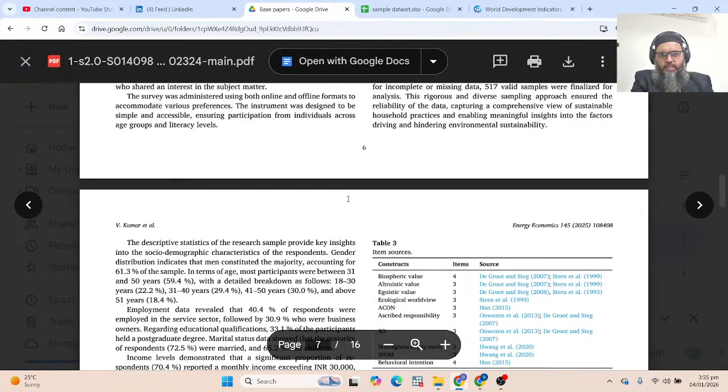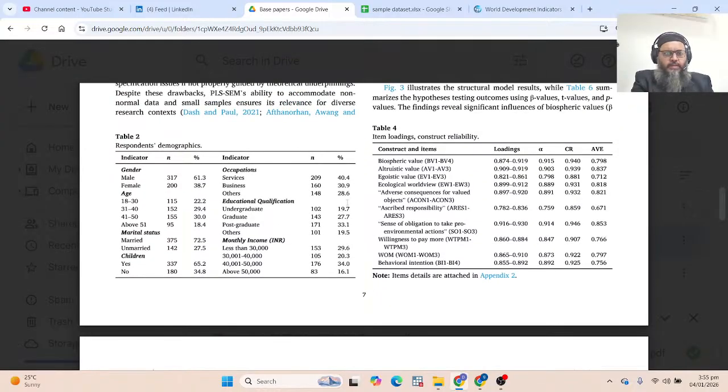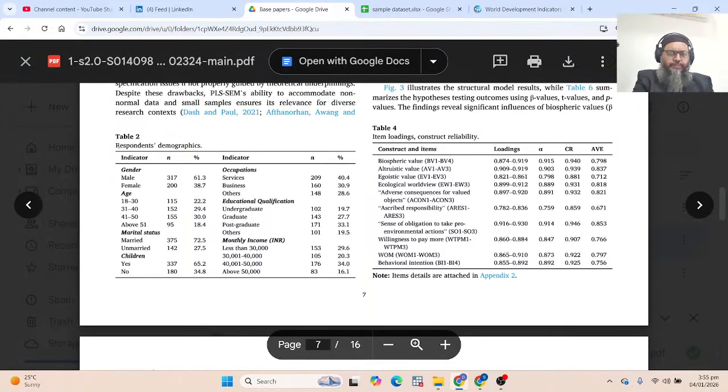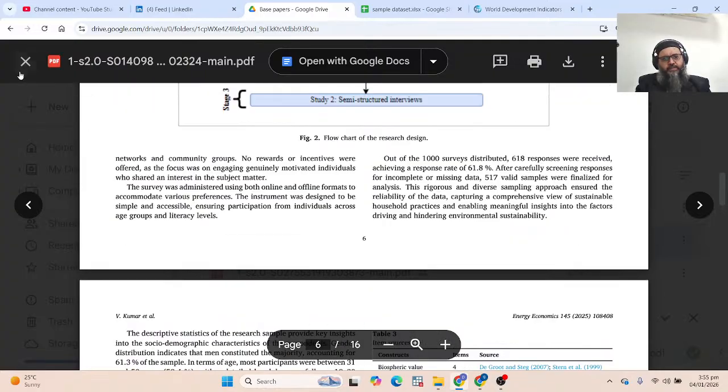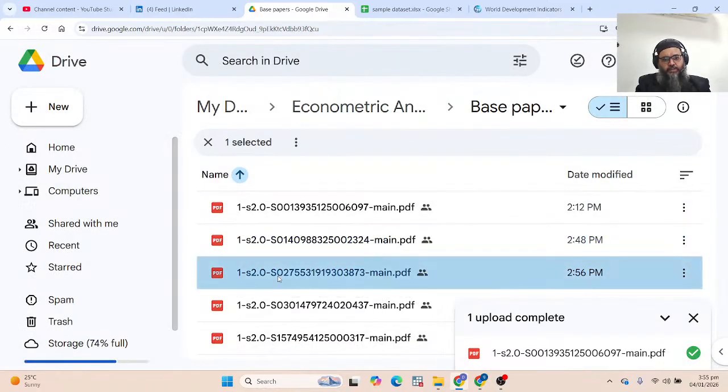Have a look at these variables, like respondents' demographics, and look at this data. Data on gender, is it qualitative or quantitative? Is it time series or cross-sectional? Occupation, which type of data is this? Educational qualification, undergraduate, graduate, which type of data is this? Just think about this.